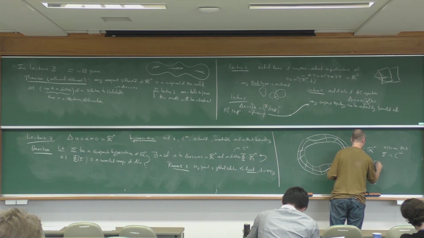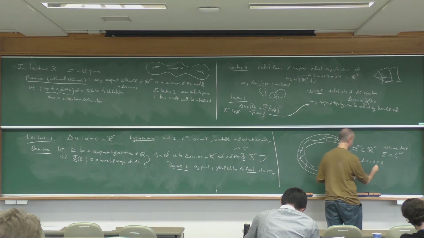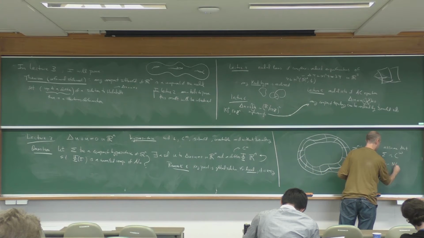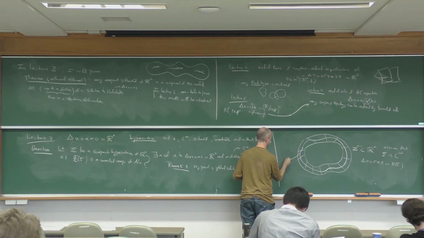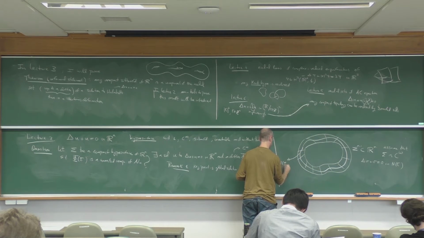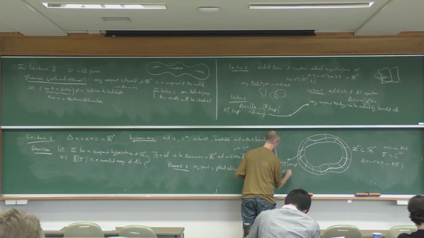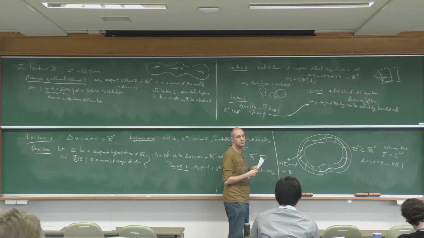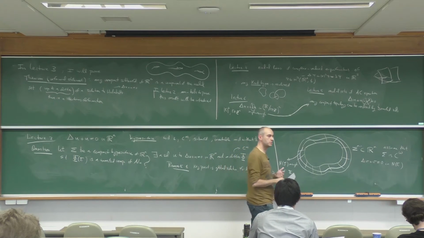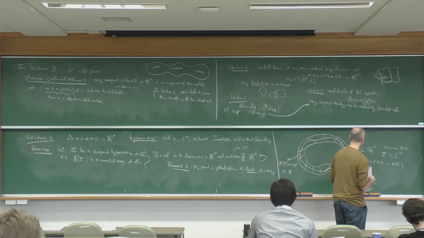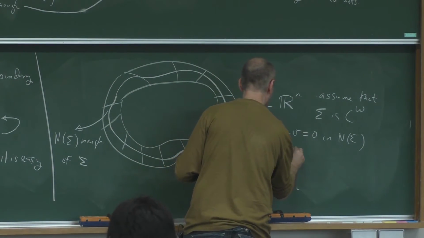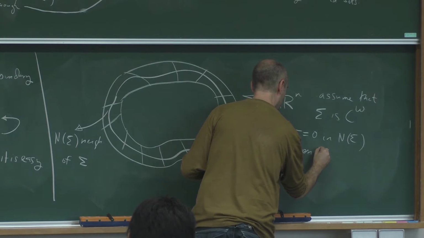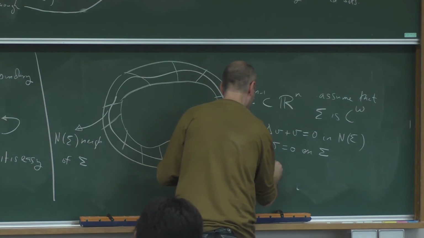A function which solves Helmholtz in this neighborhood, N of sigma is a neighborhood of sigma, thin enough, but not yet set, and such that V is equal to 0 on sigma, and